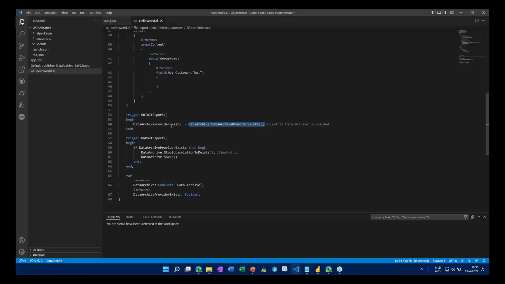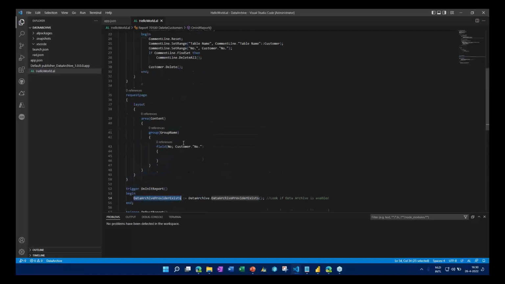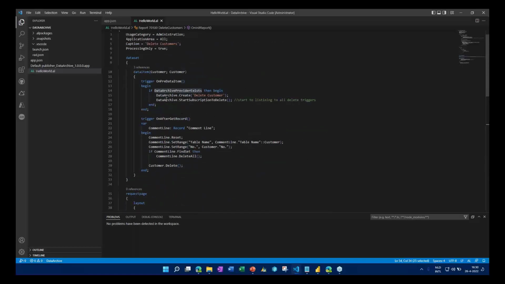So if that data archive exists, then on the pre-data item, I just create an archive and then start a subscription on the delete trigger. If I start this subscription, it will record all the deletions of records in the BIS Central database and